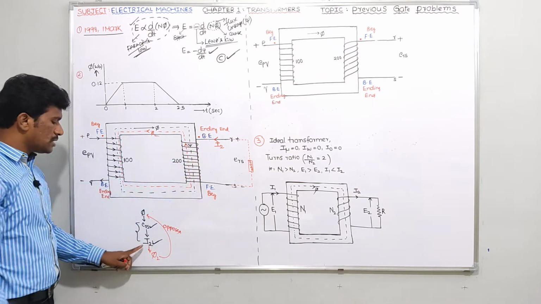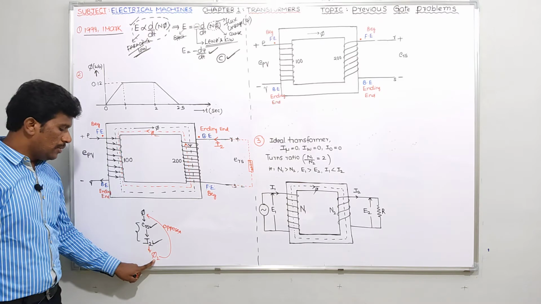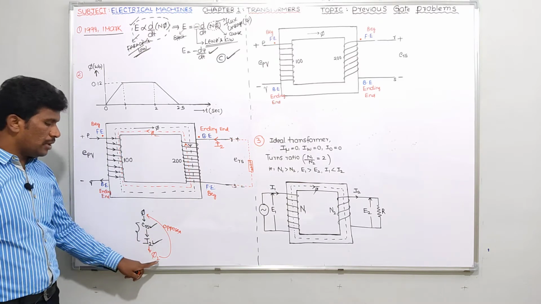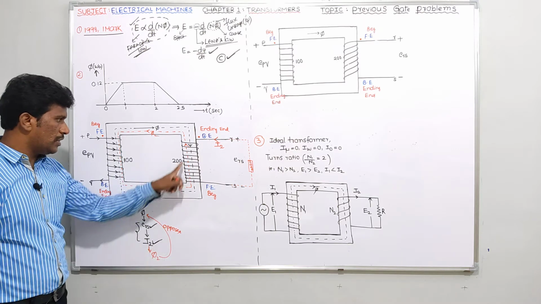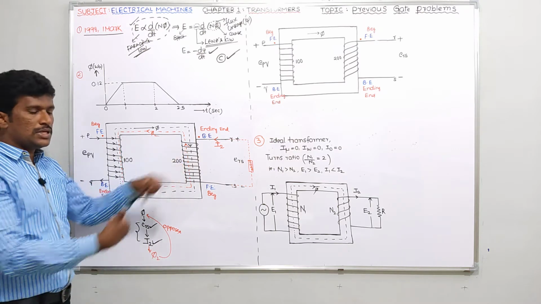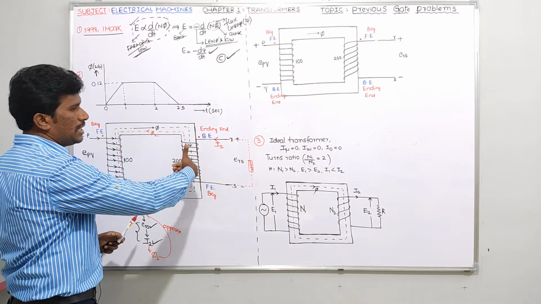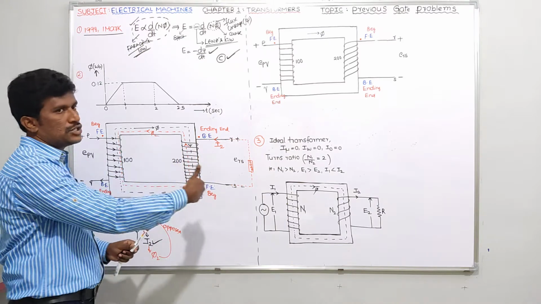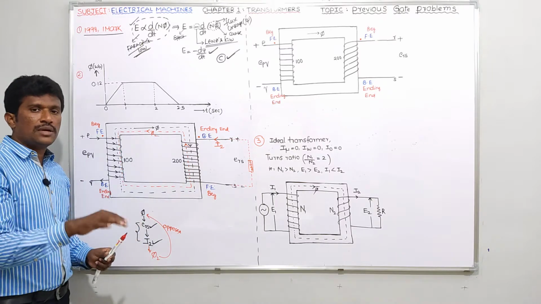Obviously because of I2 only, flux will come. You shouldn't think that because of phi 2, I2 will come. No, it's not like that. But to make you understand, I just showed phi 2 first, then corresponding to that thumb direction, I am indicating the direction of your curled fingers. Corresponding to the direction of flux, I am indicating the direction of current. To be frank, initial current is coming, then only flux will come.